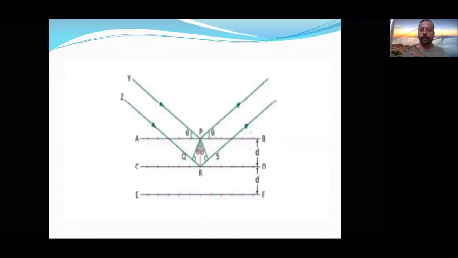Here is the next diagram. This is called the interplanar distance D. Our aim is to find out D; that is the entire purpose of the X-ray diffraction method. This is one plane and this is another plane, and the distance between them is D. That interplanar distance is what we are finding out.